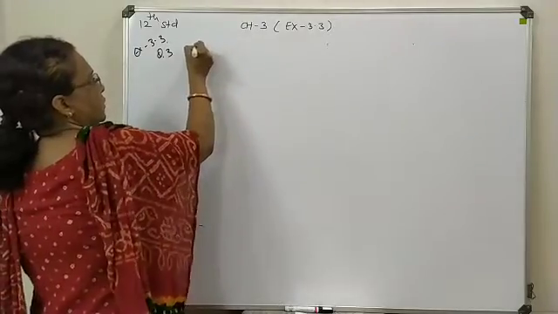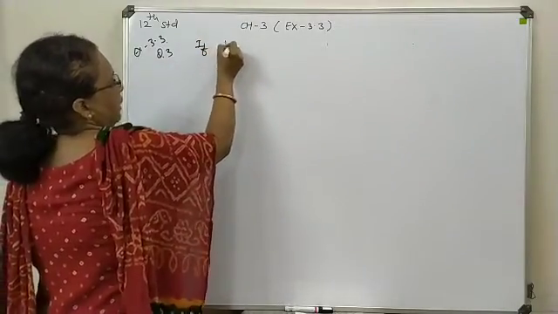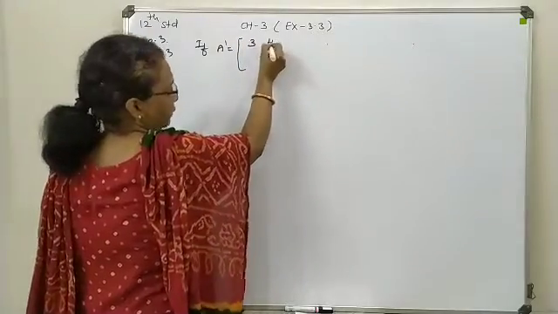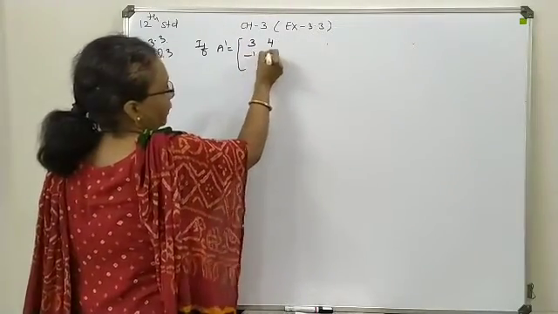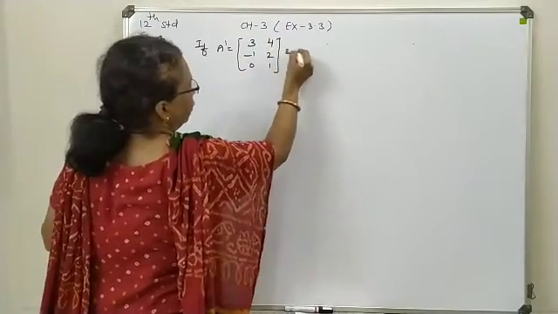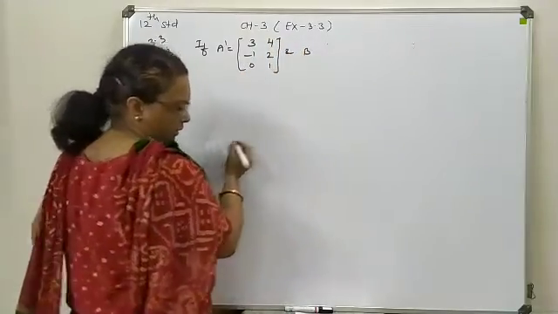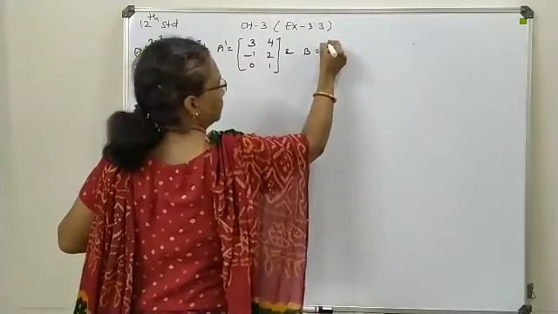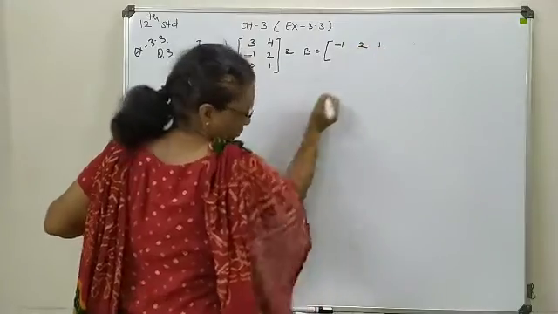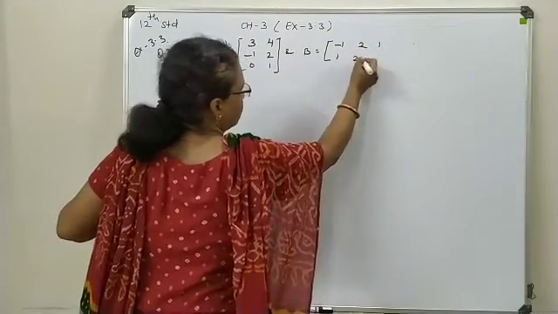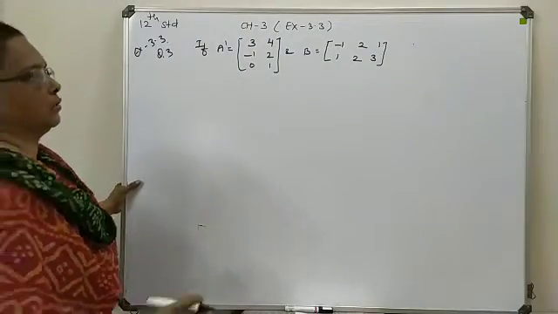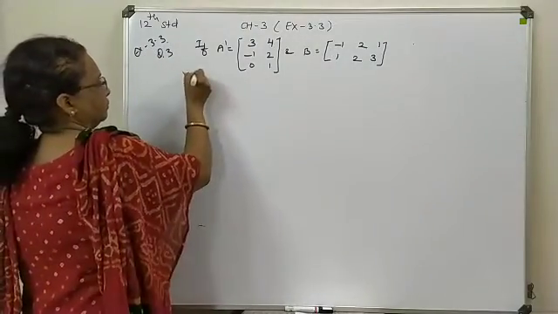The question is, if A transpose is available as 3, 4, minus 1, 2, 0 and 1, along with that, one more matrix B is available as minus 1, 2, 1, 1, 2 and 3. On the basis of these two combinations, we have to verify